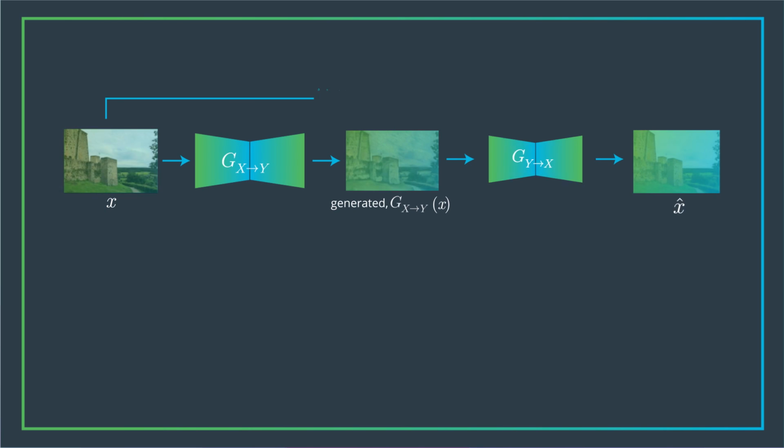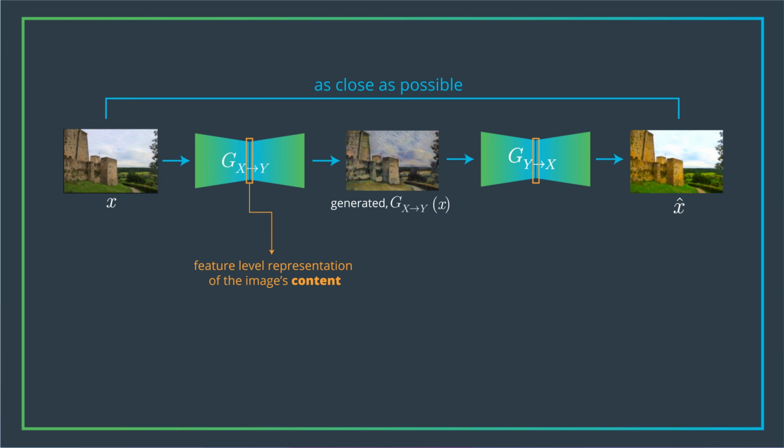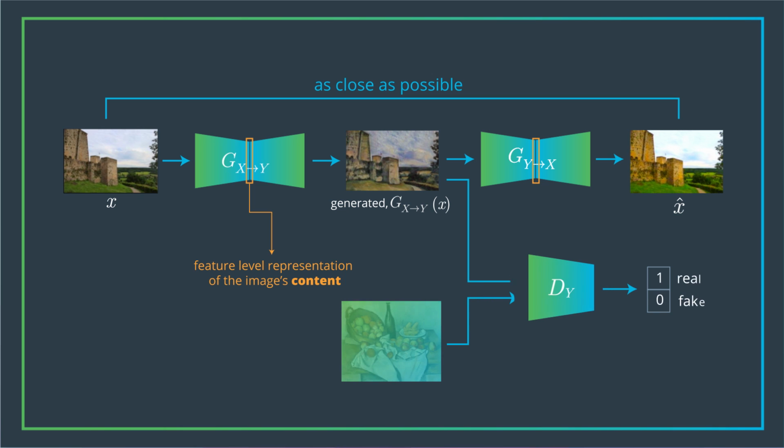And the generators have to learn to preserve the content of an image, so that they can take in an image X and produce a differently styled image, and then take a style image and produce a good reconstruction version of X. In fact, the cycle consistency loss that tracks how the generators map an image from X to Y and back again is what ends up preserving the content of an image. The adversarial loss from the discriminators in the CycleGAN is responsible for training a network to produce images in a realistic X or Y style.